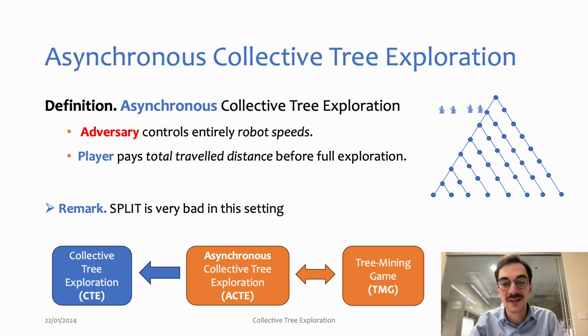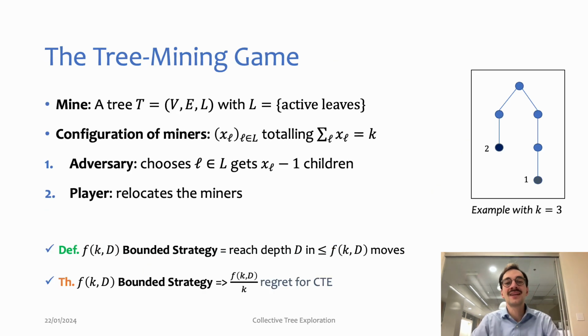The reason why we are interested in asynchronous collective tree exploration is because there is a tight reduction between that setting and a game that is very close in spirit to online algorithms, and that is called the tree mining game. So let me just explain a little bit what the tree mining game is about. In the tree mining game, there is a player, there is an adversary, and there is a board. The board is actually a mine, that is a tree that's different from the tree that is explored by the robots. And this tree is a very natural tree with a set of vertices, a set of edges,